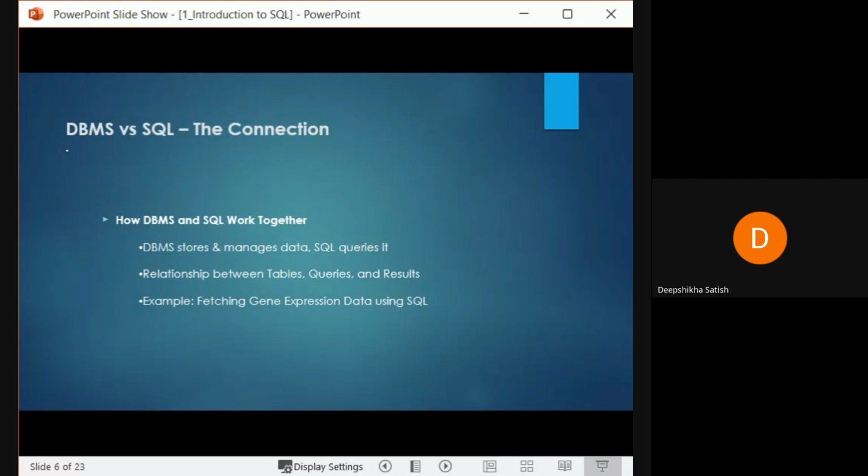So DBMS stores and manages the data, and SQL queries it. A DBMS is database management software. This software basically stores, organizes, and manages a large amount of structured data, whereas SQL, that is Structured Query Language, with the help of this language we can interact with that database. Interacting means we can fire a query, we can update, we can manage, everything we can do